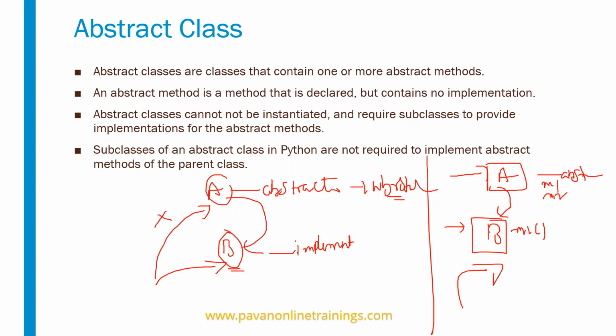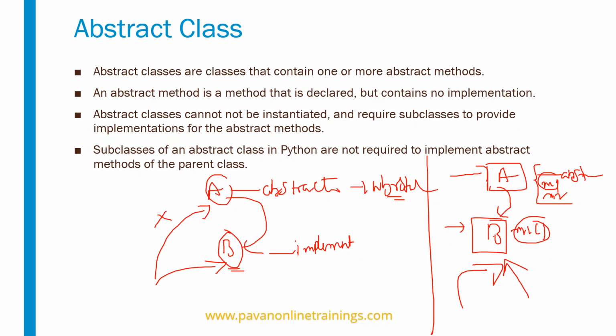But now this is a different scenario. Suppose in the parent class I have two methods, both abstract. In the child class I have implemented only one method. Still one method I have not implemented. So in that case, can we create an object for this class or not? Can we access this method or not? So normally, as per Python,